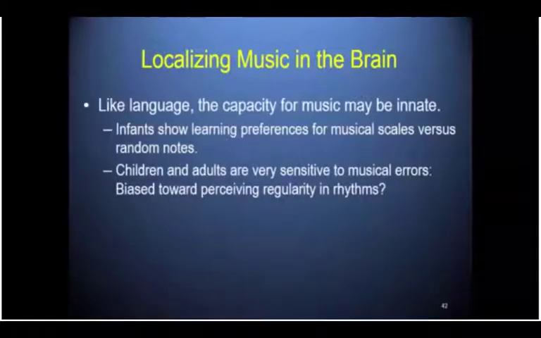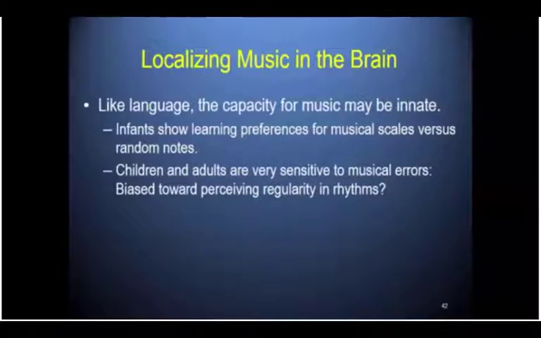So like language, the ability to create music or be musical or prefer patterns appears to be innate, but it needs to be developed. If you've never been taught to develop a rhythm in the way you speak or the way you dance, if you don't have that given to you or in your environment, you're not going to develop it very easily. However, they do show that infants, when you play notes to them, will show a preference for musical notes that seem to be in a scale or have some type of pattern versus ones that are just randomly given out. So it seems that music and preference for organized music is something that we do come with an innate